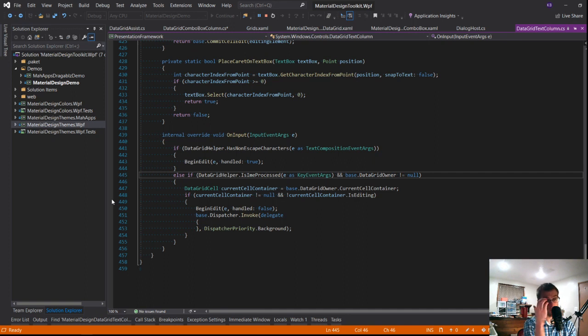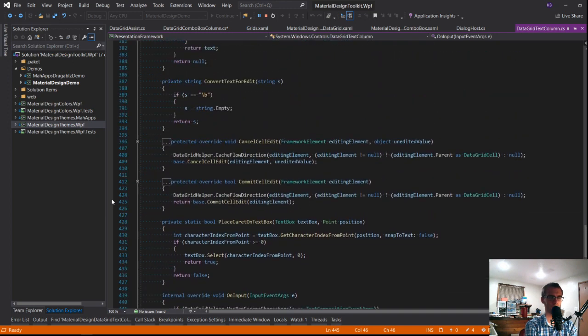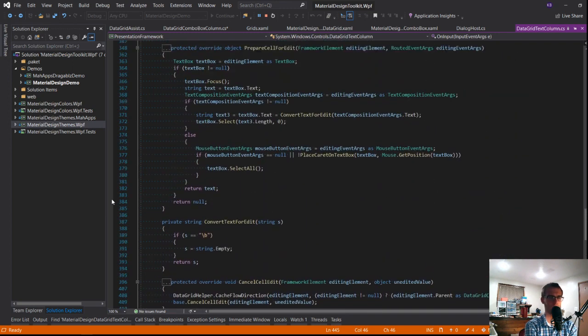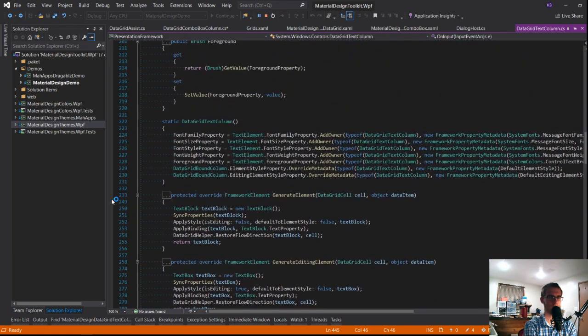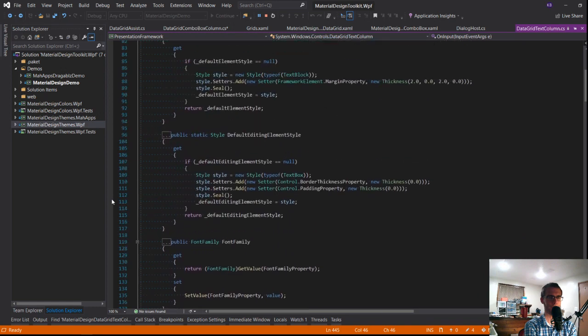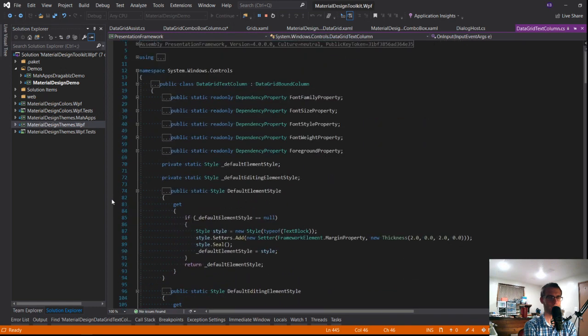Current cell is editing. This does not. It does not appear to do it. Just keep going down real quick.